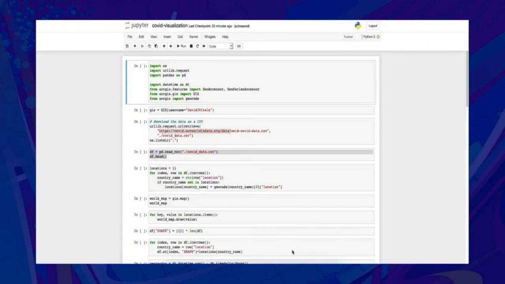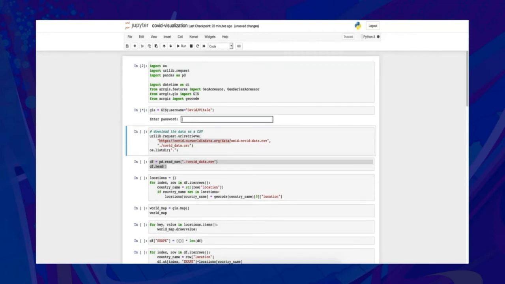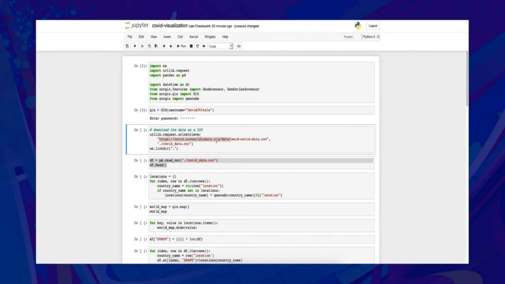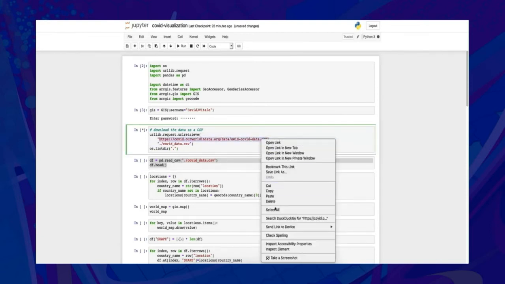Now we are going to do some COVID data visualization and analysis. So as always, we import the necessary libraries that we need. We make a connection to ArcGIS. In this case, I'll be using my ArcGIS Online account. And then we're going to download the data that we're going to be using. This data comes from